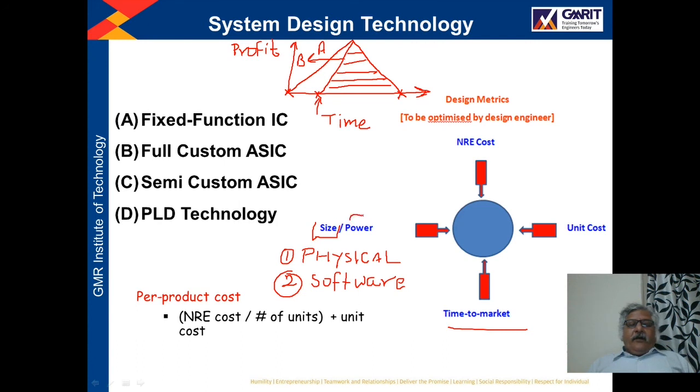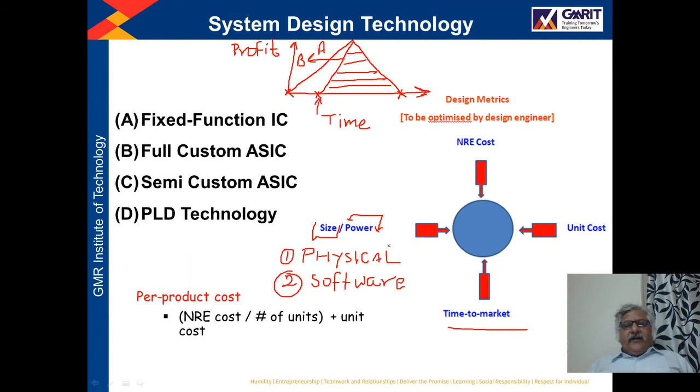And now another design metric is power. This is the power consumption by the device. The power consumption of the device should also be less, because just think about a situation. Suppose there is an electronic gadget which you are operating using a battery. If the power consumption of that gadget is more, then what will happen? The battery will be drained quickly. So you have to recharge it again and again. And if the power consumption is less, then the battery drain will be lower.